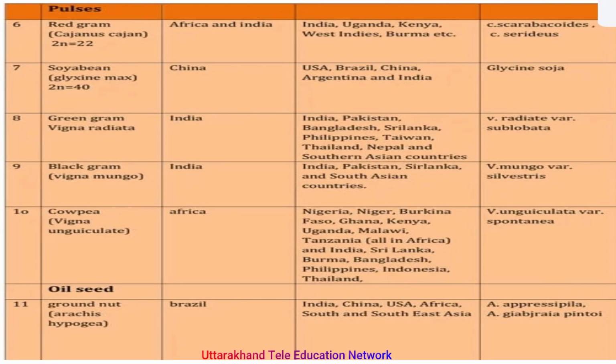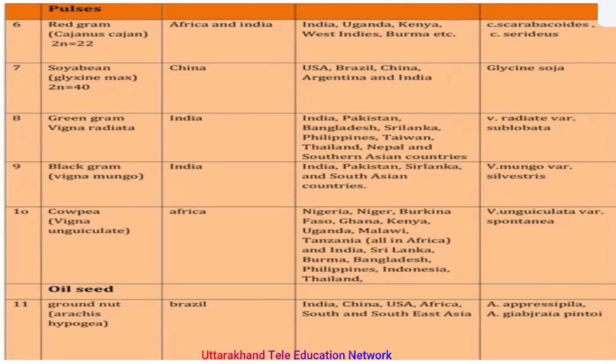Green gram, center of origin is India, and widely distributed in India, Pakistan, Bangladesh, Sri Lanka, Philippines, Taiwan,